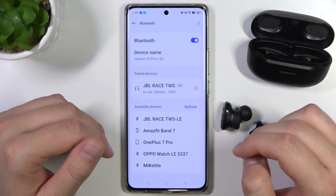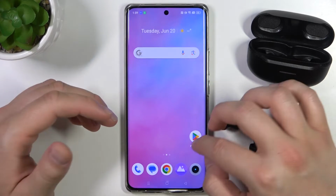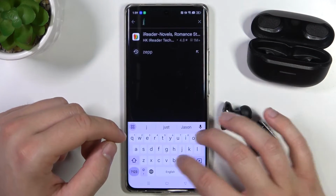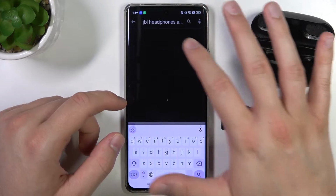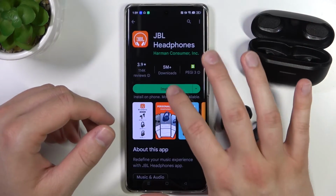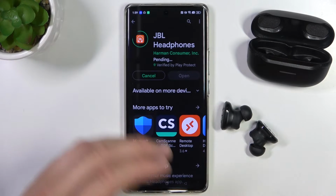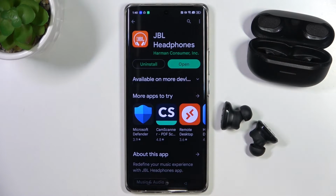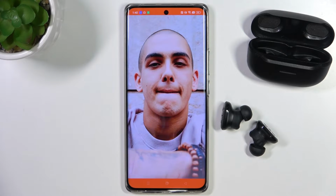As you can see, right now we are successfully connected, and in the next step you have to open the Play Store and download the JBL Headphones application. So we have to type JBL Headphones and we have to get that app. Just click install, and thanks to this application you will find more features of your earbuds. For example, you will be able to use the sound equalizer, check the serial number and adjust other modes. So right now when you download this application, just open it,